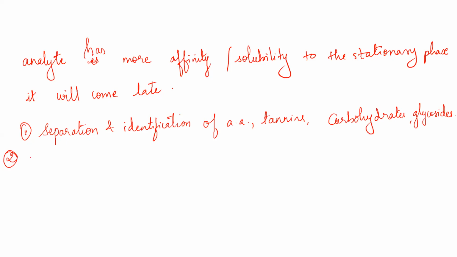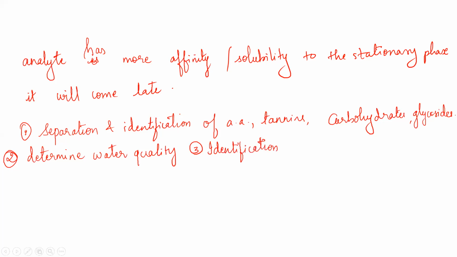Then partition chromatography is also used to determine the quality of water. You can also use it in identification. If you have a mixture, typically you can use this technique to separate your analytes from the mixture. So you can identify, you can analyze